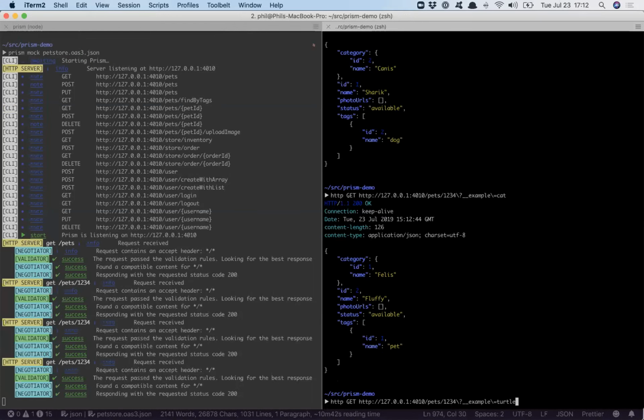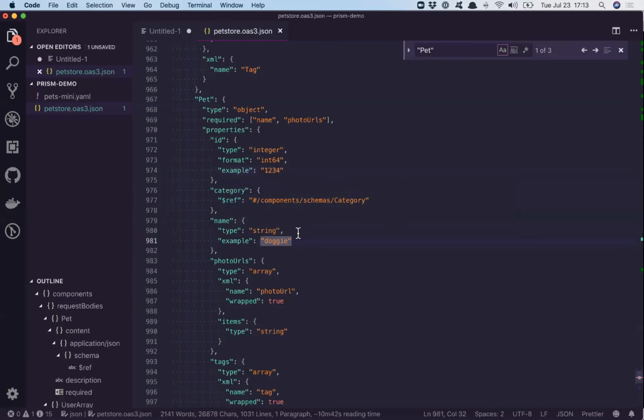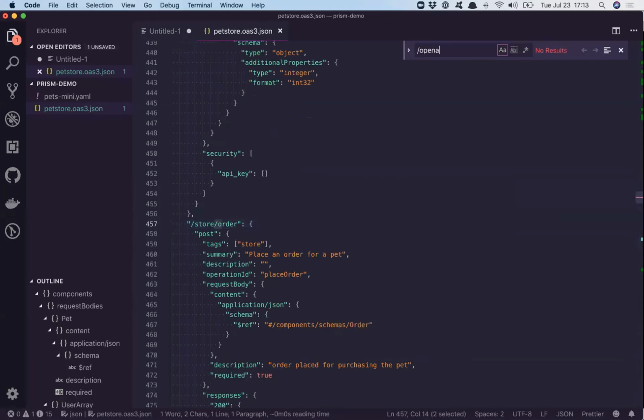But if you try and talk about turtles, which are obviously superior, sadly, there's no example named turtles, so you get an error. Errors from Prism, when they're actually from Prism itself and not from your specification, will always be using the RFC API problems, and they'll always have a fairly obvious type saying this is literally coming from Prism, so don't try and code your application against this error, right? If you do that, you'll have a bad time when you switch over to the production application and all of a sudden there isn't a type from Stoplight anymore. But if you're curious about named examples, this is something that not everybody in OpenAPI land is familiar with.